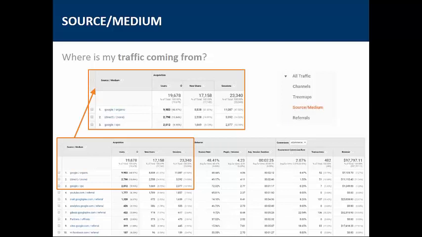We don't want to rely on third-party businesses, whether that's only Google or only Twitter, to keep the entire company going. So if, let's say, your organic is 90% of your traffic, that's something we really want to keep an eye on and make sure we're getting traffic from lots of sources to sort of protect ourselves. And within that source report, you'll see traffic you're getting from referral and social, but let's dive into those specific